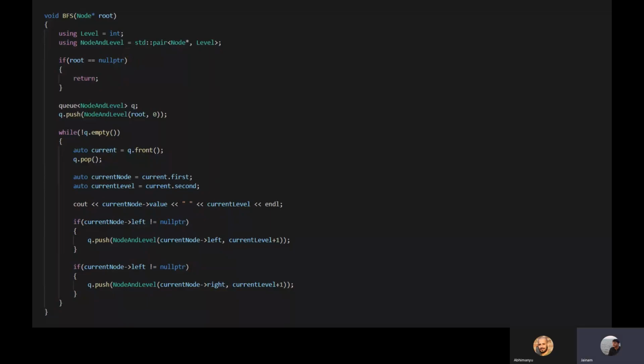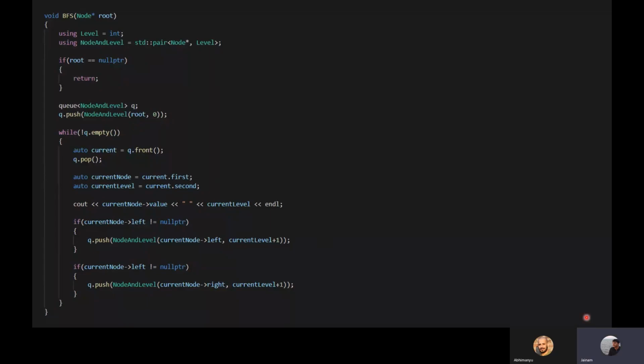So here we use a queue to store the information of node and level. You must be wondering why we are using a queue here. The reason is queue is a FIFO data structure, which means first in, first out. We enqueue root node first, then we dequeue it, then we enqueue its children, and we follow this process until queue is empty. This guarantees level order traversal in a tree. Here we are declaring queue of node and level since we want to store the information of level as well. Our root is at level 0, so we push root along with the level as 0.